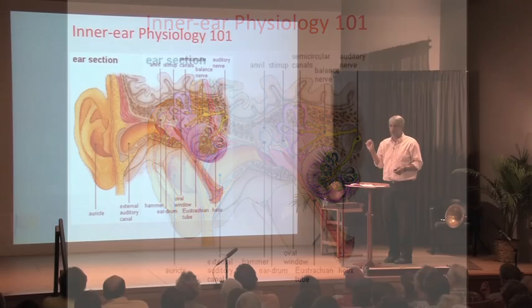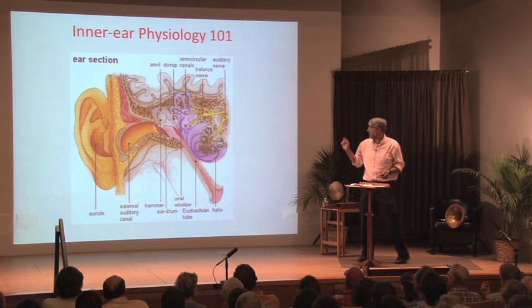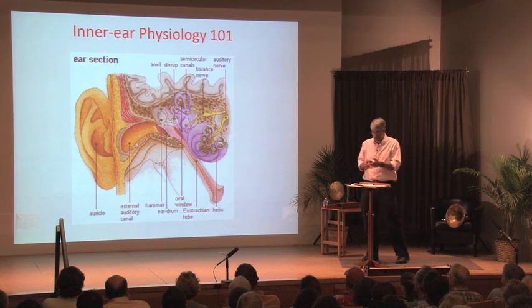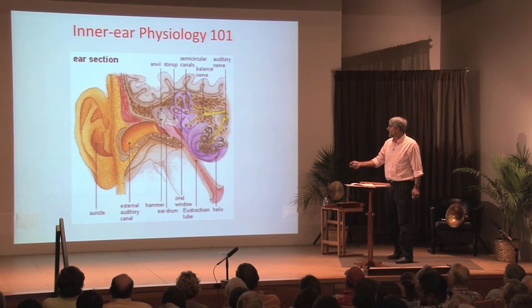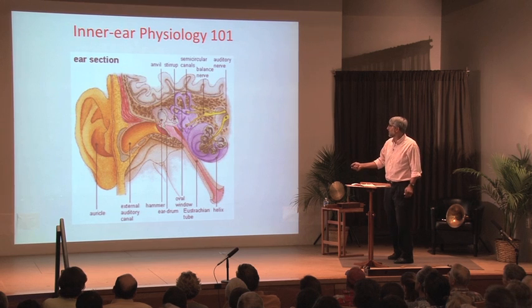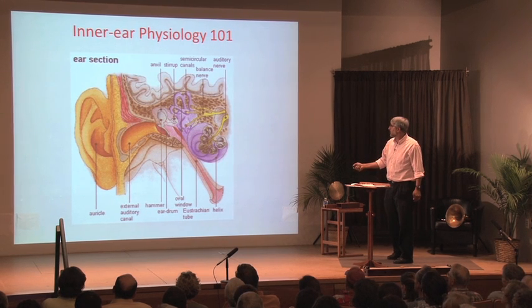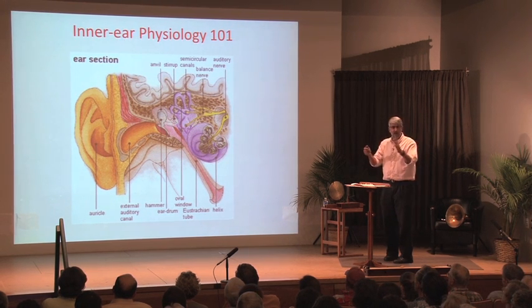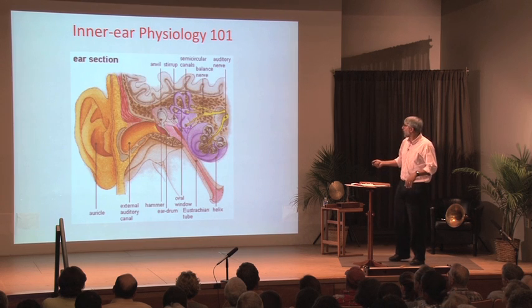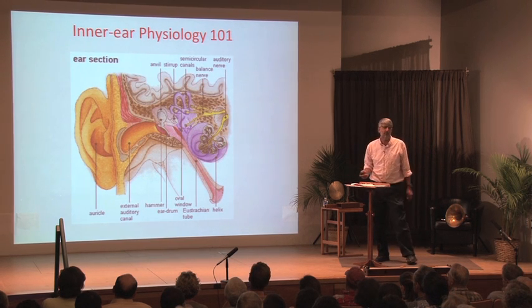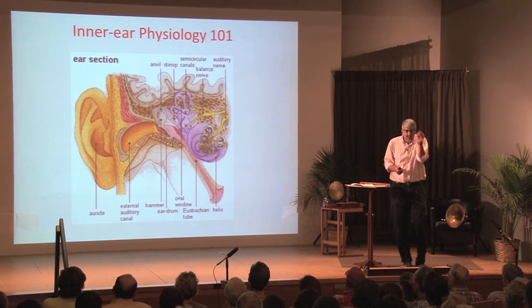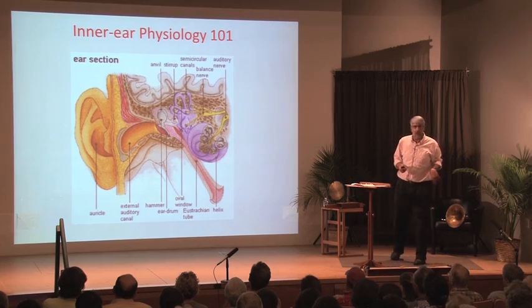physiology lesson. Remember, I'm a physicist, so it's going to be extremely short, and this picture is too complicated for me, as you'll see in a moment. But nevertheless, here's a cross-section of the ear. The vibrations that hit the eardrum are transmitted to the inner ear via the bones of the middle ear, and all the magic happens in this remarkable organ called the cochlea, which is this little pea-shaped jelly roll. Well, okay, so, enough of that. I'm a physicist.